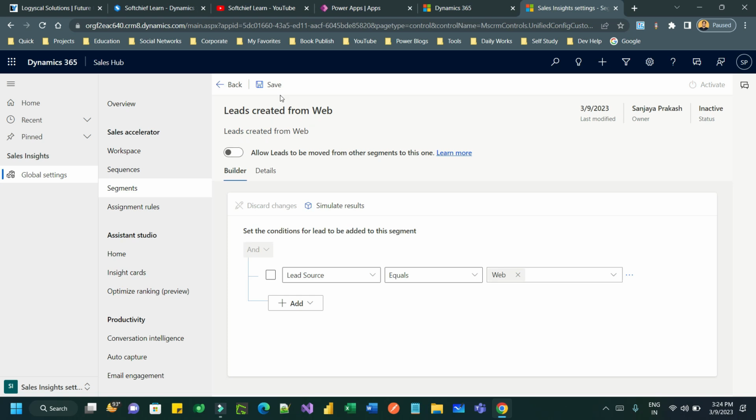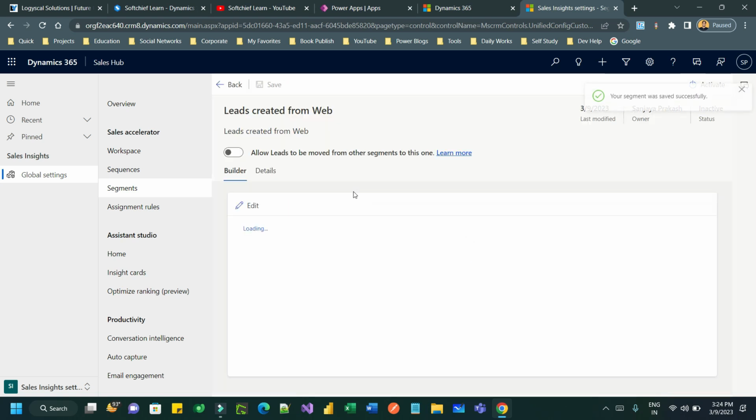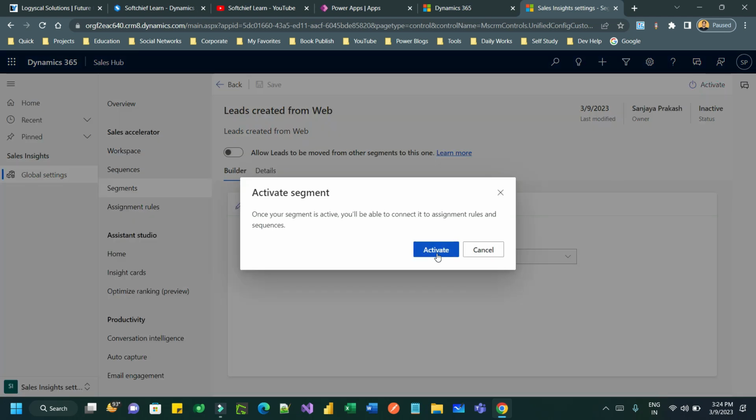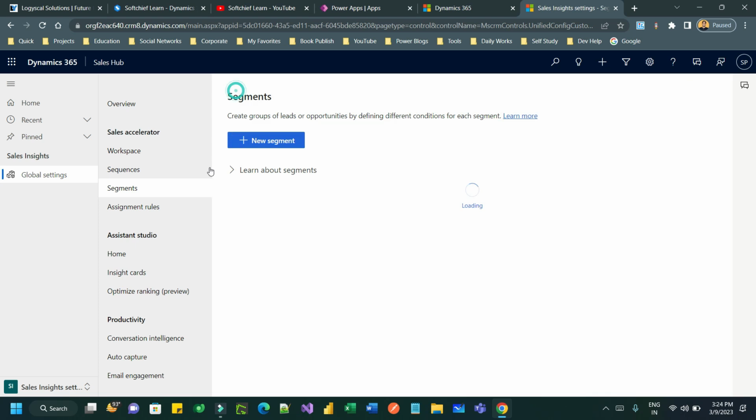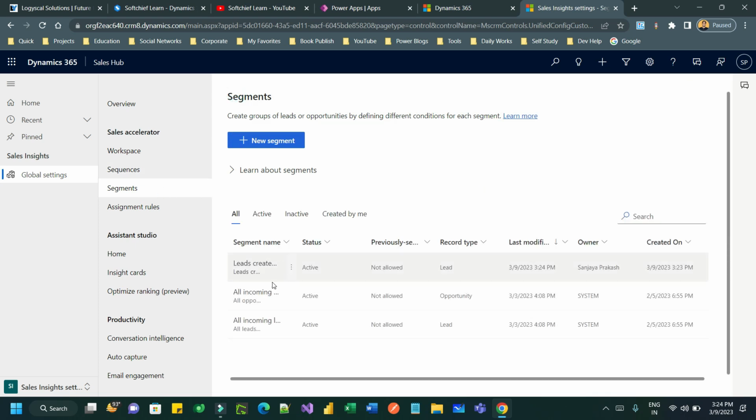Now click on save. Now I have created this segment. Now I want to activate this. Click on activate. Once you activate this, the segment will include only those leads which are freshly created from the time it is activated onwards. Old records will not be added to this segment, right? This way you can create multiple segments of your choice. I have created this